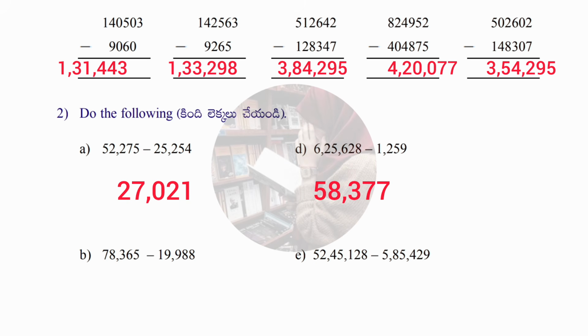6,25,628 minus 1,259 is equal to 58,377. Okay. Next one is 78,365 minus 90,988 is equal to 68,377. Last one,